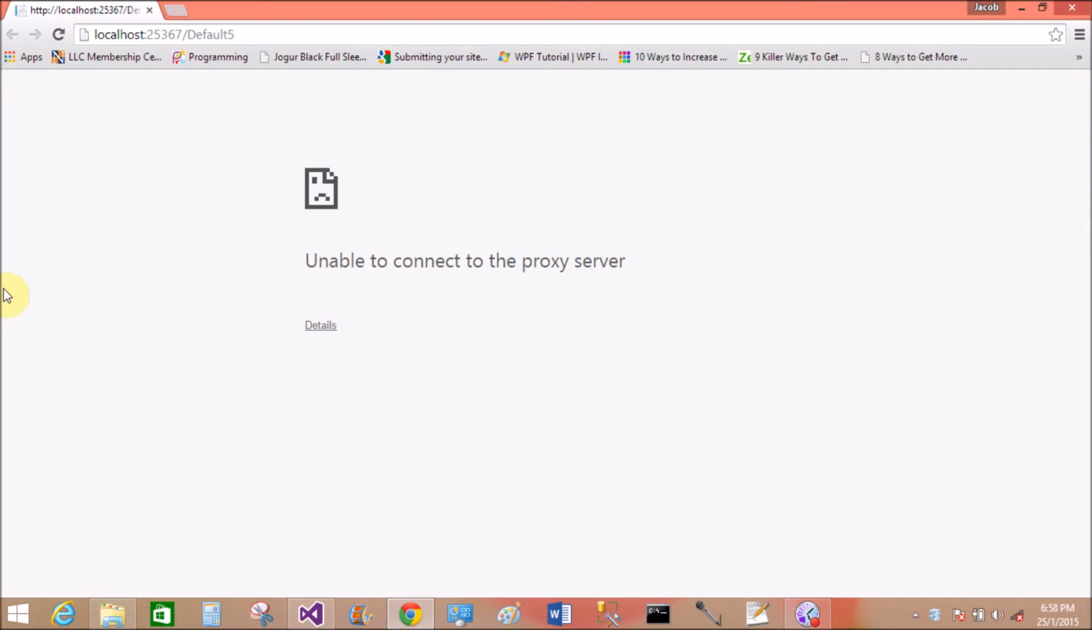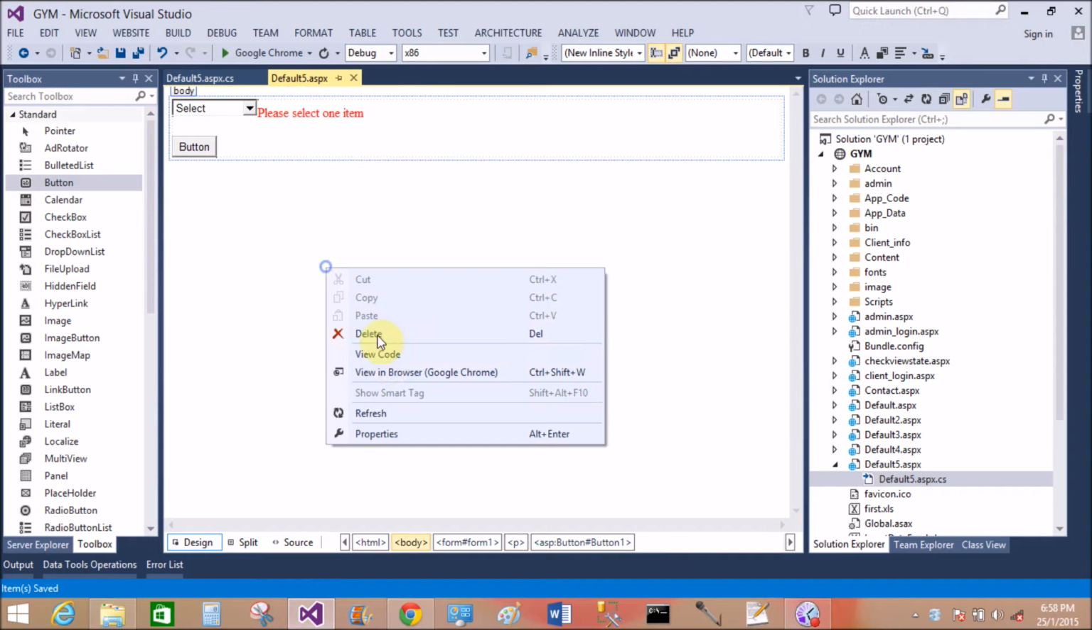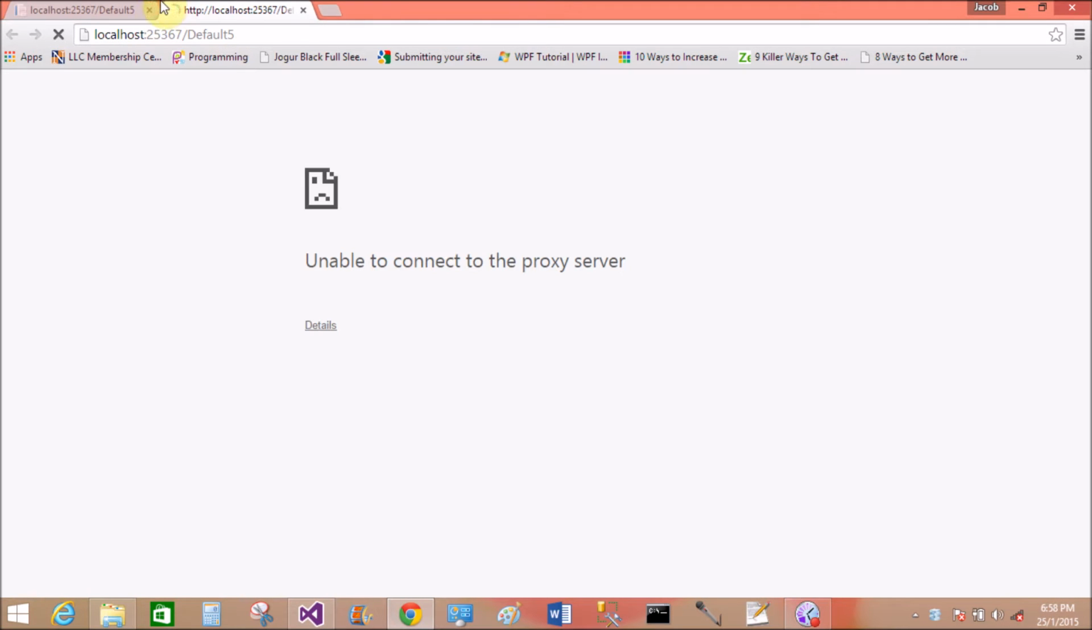Remember that the drop down list is validated only when your drop down value or drop down text matches the initial value property of the required field validator control. Okay,